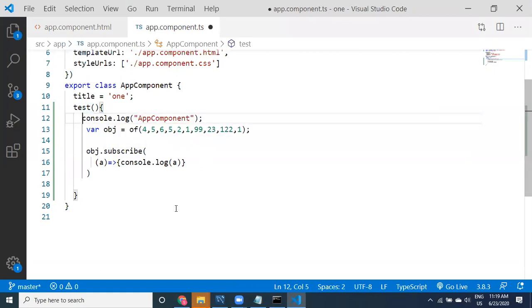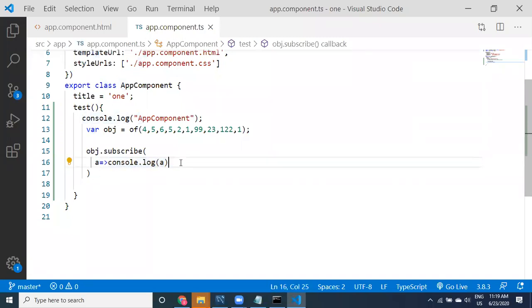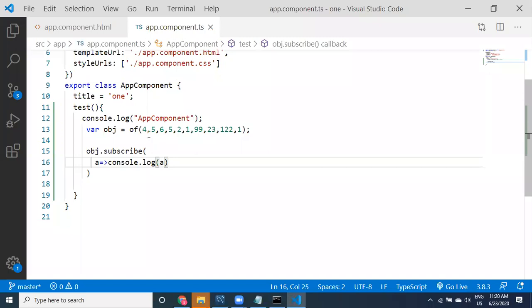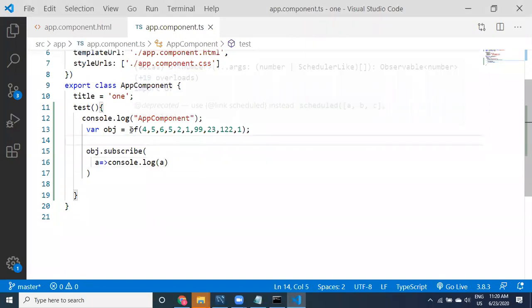Yeah, this is a simple example. And you can write it in an even simpler way. See here guys, this acts as a parameter. This is going to be a one line statement. You have only one statement in the function, so you can simply write it like this. This is a shortcut way when you are writing one statement inside this method. Click on this one, and all values are received one by one. So we are creating the observable using of.